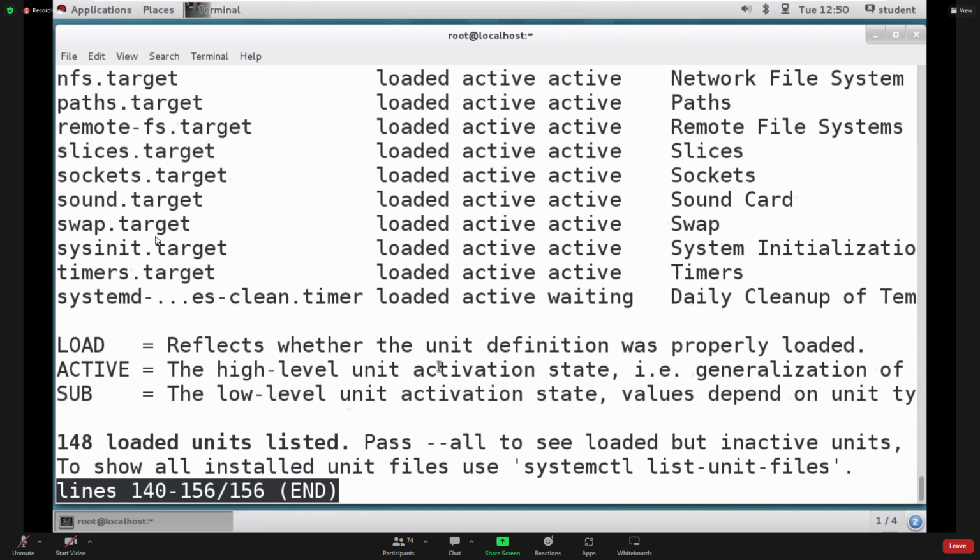See guys, how many services will we have? Go a little bit down. Total 148 loaded units listed. At present, active units are 148. If you need active and inactive both, dead units also,